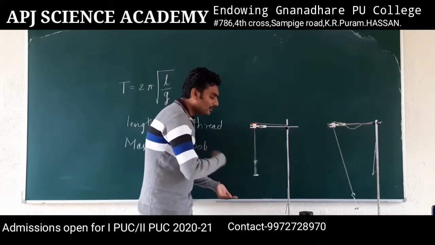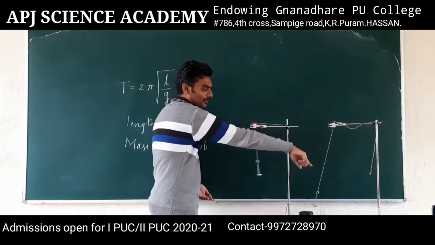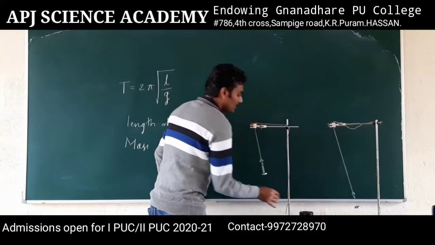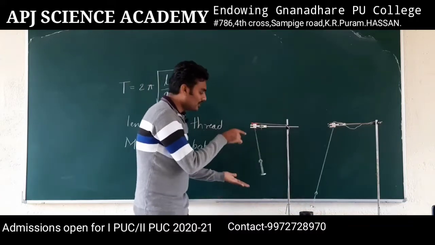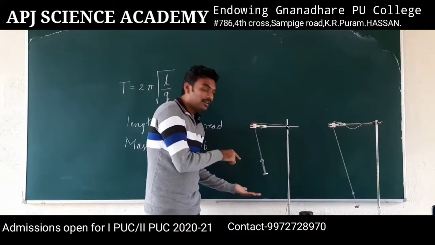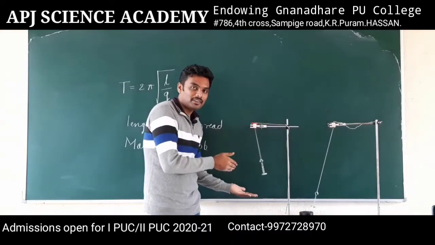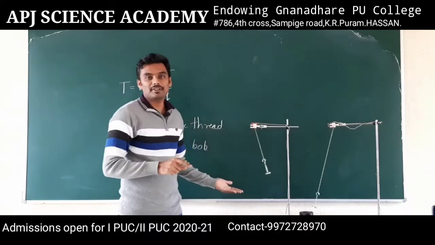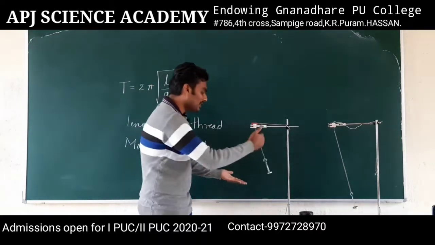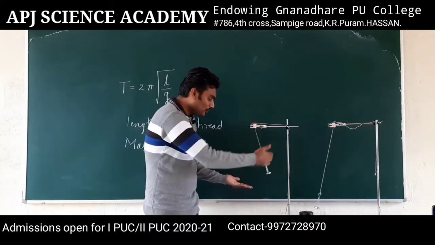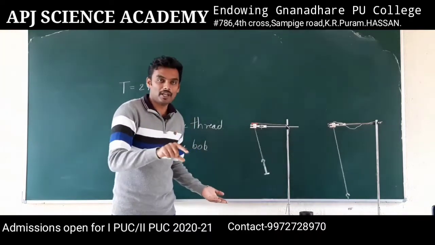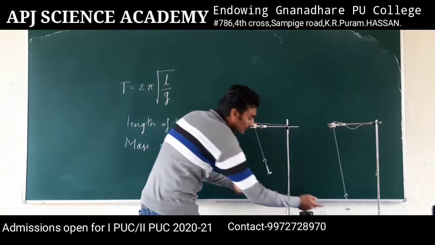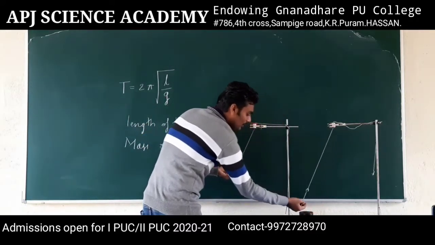This is oscillating faster compared to that, isn't it? So when this oscillates faster than that pendulum, it means this pendulum of shorter length has less time period. Getting it? Because it is oscillating faster, it completes one oscillation in lesser time compared to the other pendulum. Clear on that? So now you can observe together.